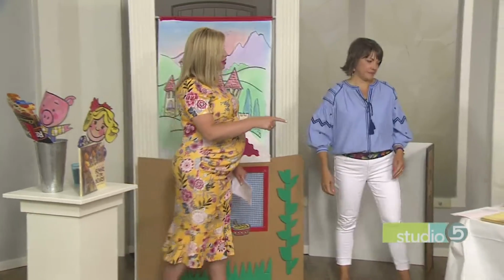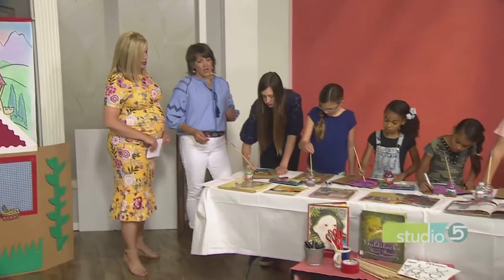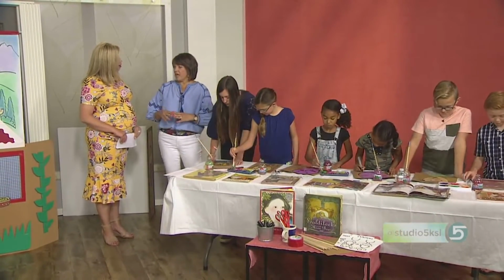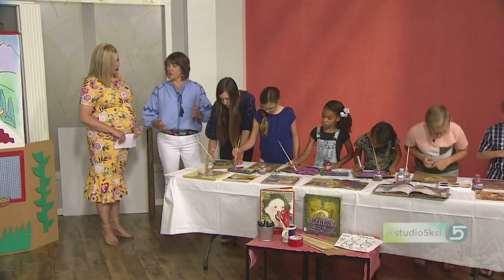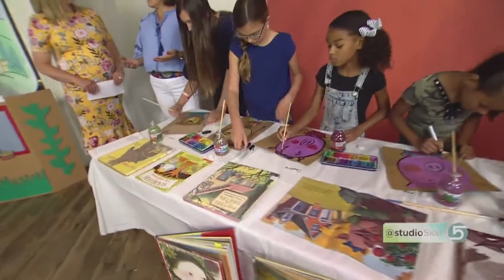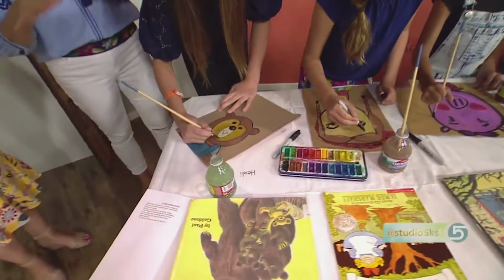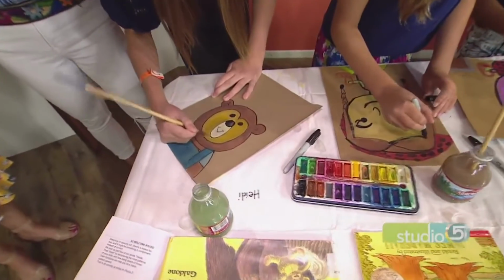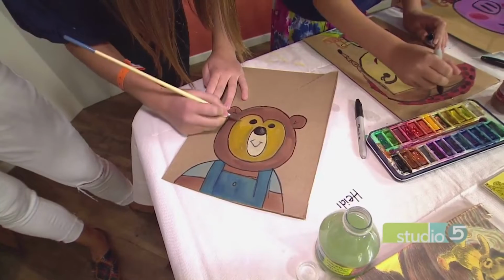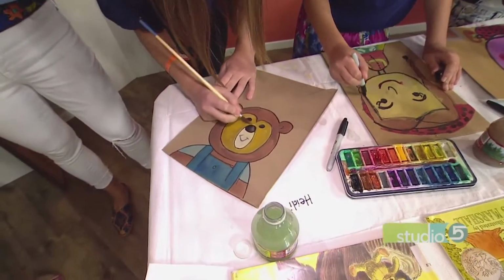Let's walk over and see what our junior artists are doing and how those books tie into the projects they're working on. Okay, so I always love to take literature and art and put it together. It's such a great jumping off point. If you talk to the kids about, hey, let's make a puppet stage, let's do the Three Bears, you know, how do I draw a bear? So it's great to bring the books, open it up, tell them what another artist did so they can look at it and follow those lines. It's always easier for kids to follow someone else's 2-dimensional drawing than a 3-dimensional picture,